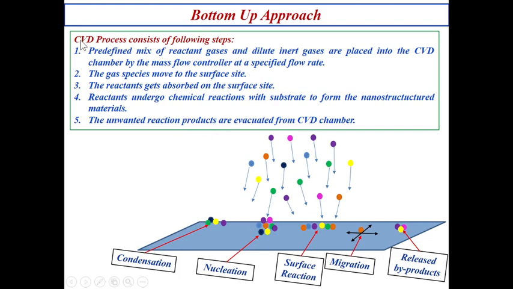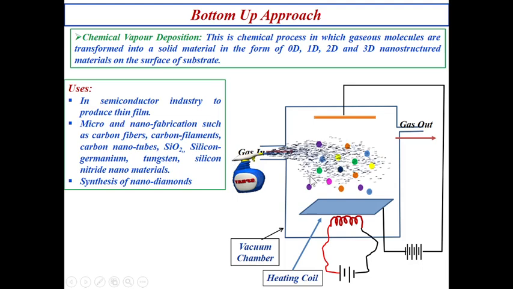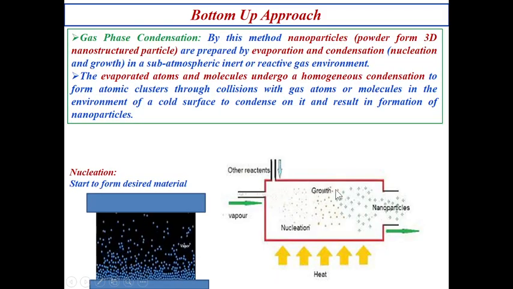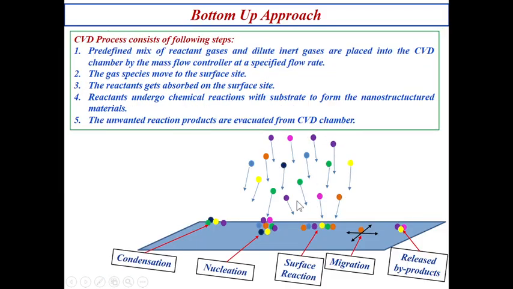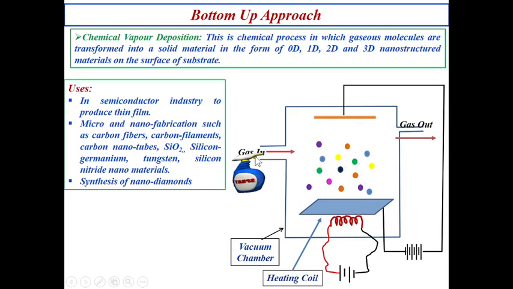Carefully you have to watch. The CVD process, that means chemical vapor deposition process, consists of the following steps. These are the simple steps through which we can obtain nanostructure material with the help of the CVD technique. See here, actually not gas flux, here the precursor solution is fluxed inside the chamber. These are the atoms and molecules that are fluxed through this valve.